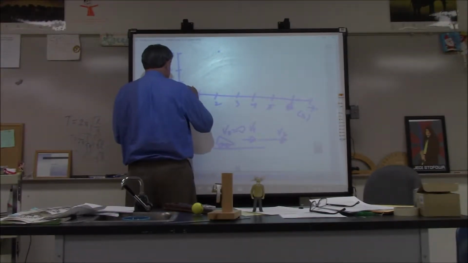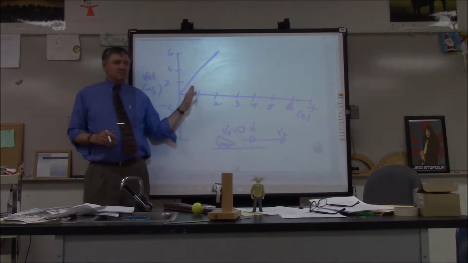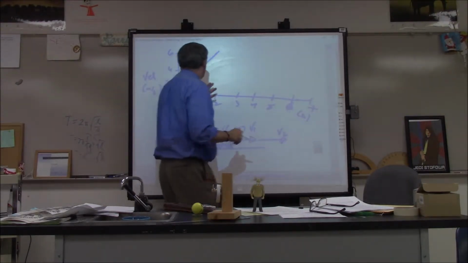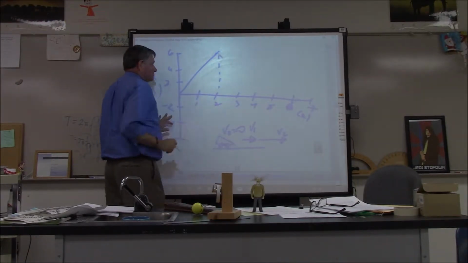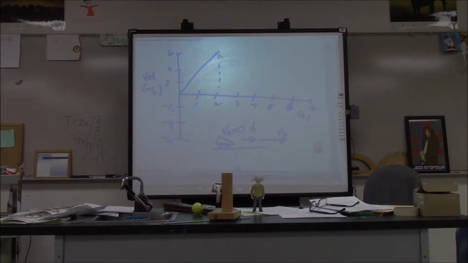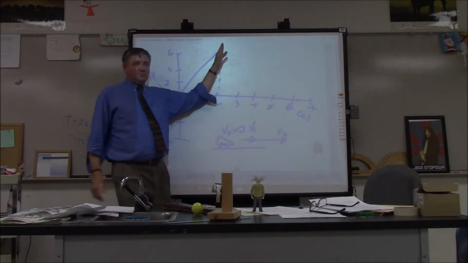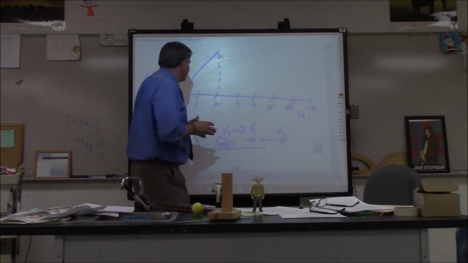So we got a line that's going to come up like this. Imagine that's a straight sloping line. So here's the question. We're at 2 seconds, 6 meters per second. Did we accelerate? Yeah. How do you know? What'd you say, Mary? Velocity change. The velocity changed. I went from 0 to 6 meters per second. Oh, I accelerated. Now, here's the story.